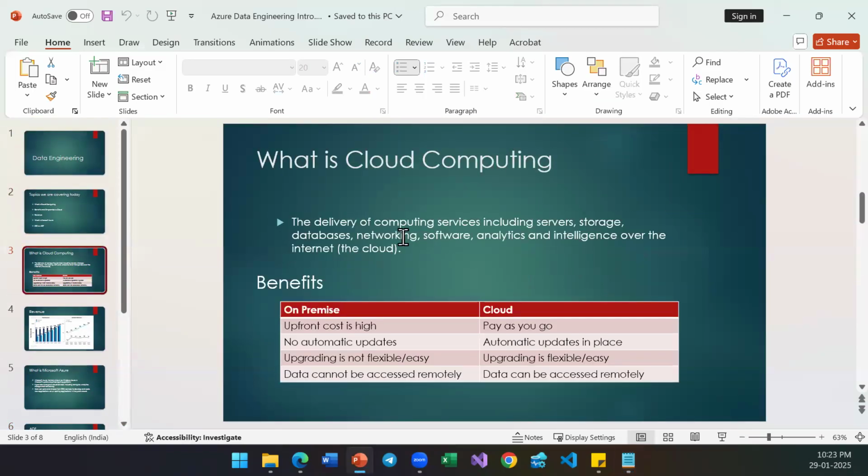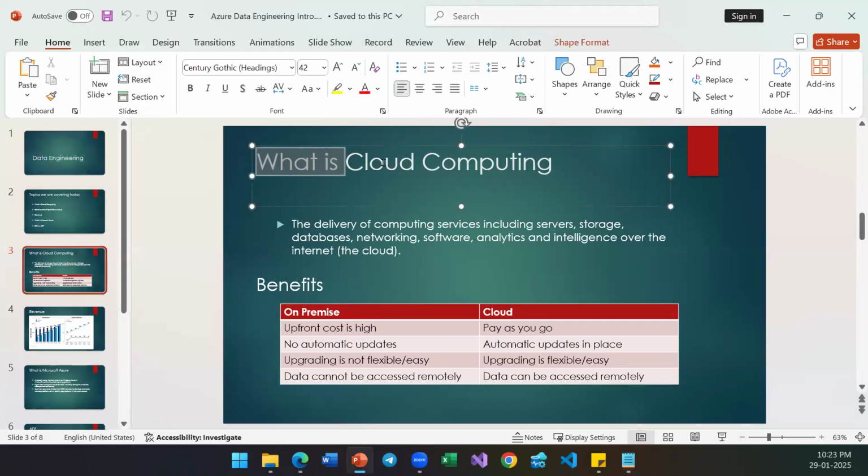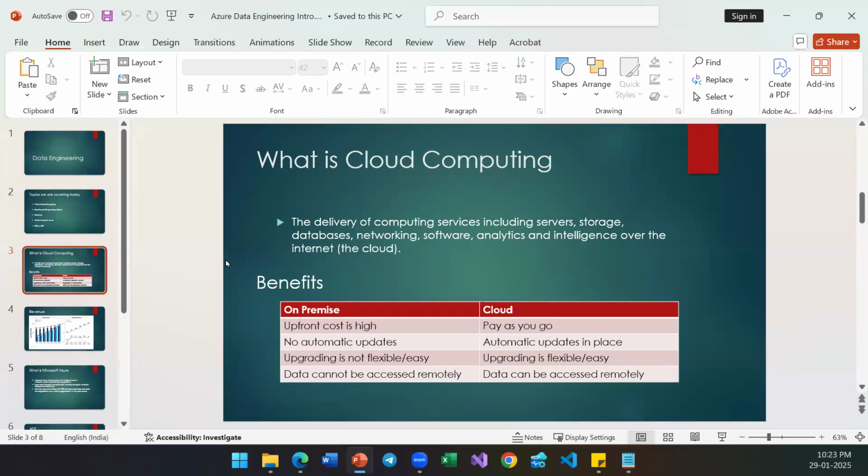No way. See, we started with what is cloud computing. I didn't expect you to already know what cloud computing is. I didn't ask any question saying, do you guys know cloud computing? We started with what is on-premise and what is cloud. I started with very basic. I'm sorry if you thought that these concepts are very advanced and not for beginners. No, you are absolutely wrong.